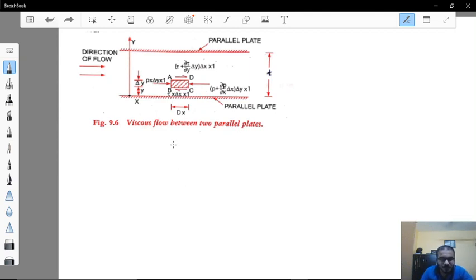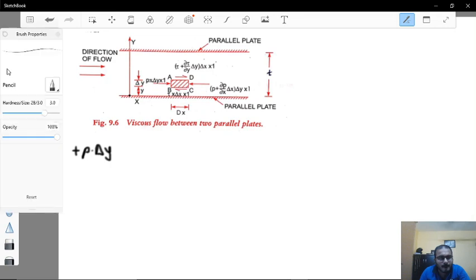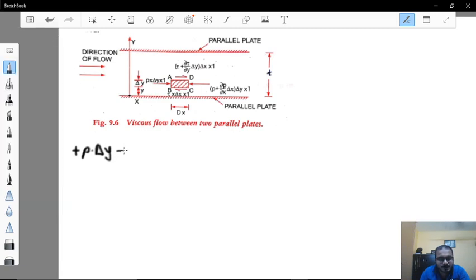Here, under equilibrium condition, the summation of forces in x direction will be 0. So plus p into delta y, minus p plus dp over del x into delta x into delta y